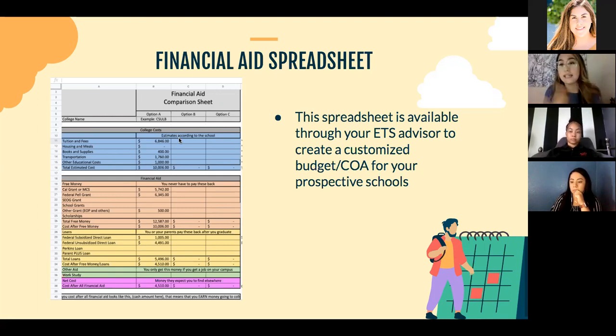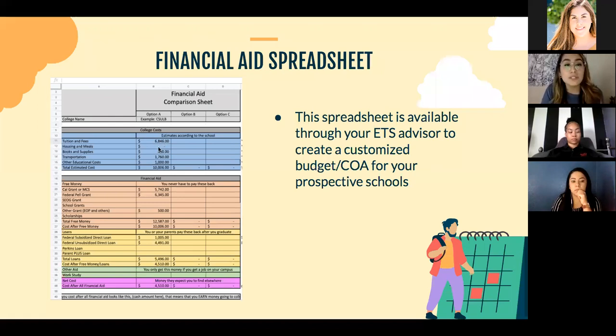So let's say I'm an advisor at a school and I'm meeting with a student and they are going over their Cal State Long Beach financial aid award letter. So you'll see here that I noted it as Cal State Long Beach. And the numbers that we're getting for tuition and fees are going to be from that cost of attendance sheet that Long Beach gave us. So for this year, it's going to be $6,846.